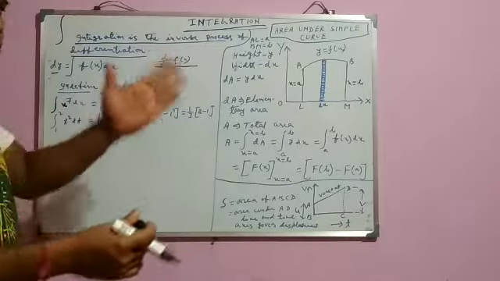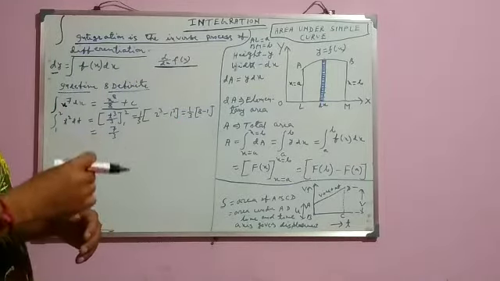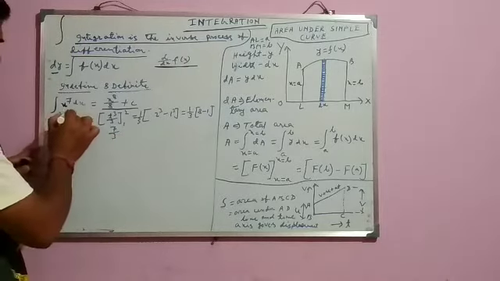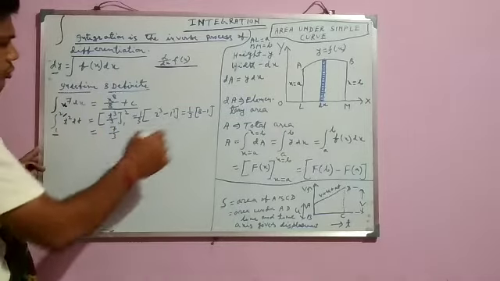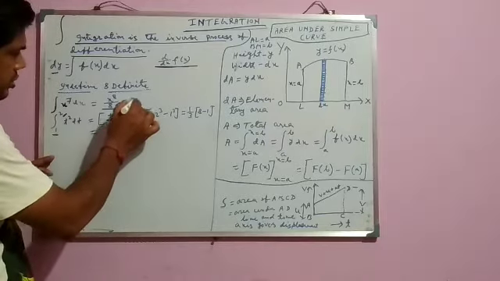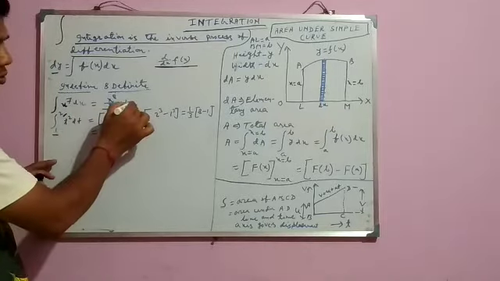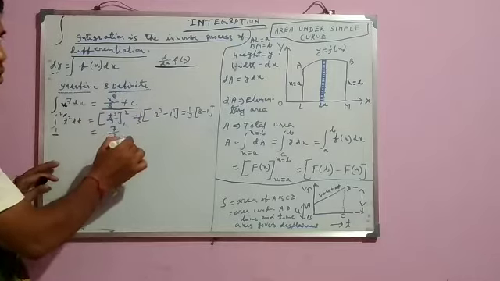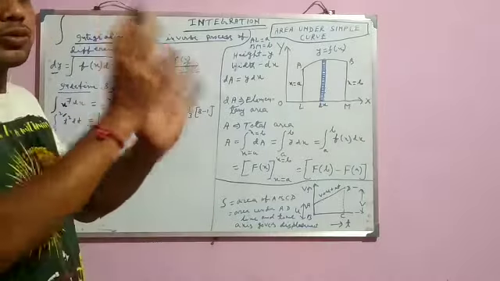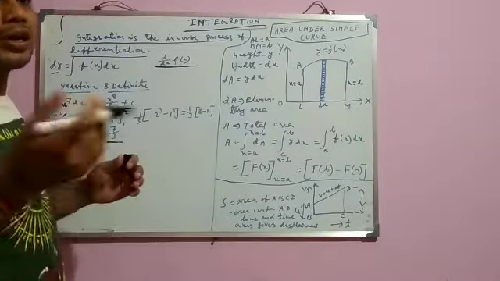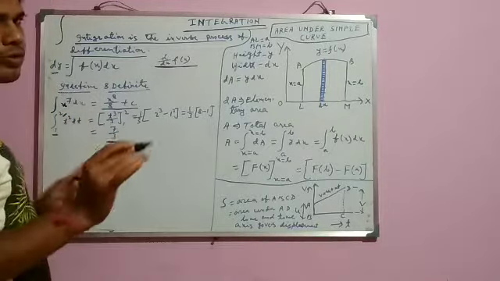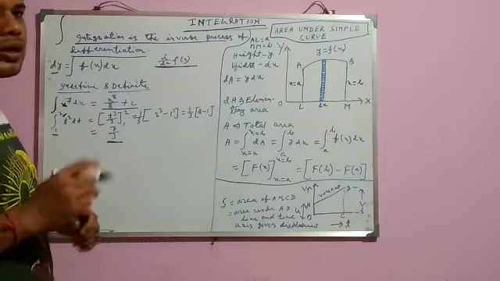Starting from 1 and going to 2 in this case. So here 1 is called the lower limit and 2 is called the upper limit. After applying the formula we will get 7 by 3. But here, see, in the indefinite integral we have written c, but here it is not there. c means constant. So when we do an indefinite integral, we have to put the constant c, and in a definite integral we do not need to put the constant c. So this is the difference between definite and indefinite integral.